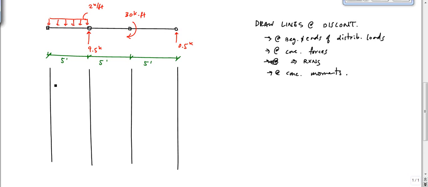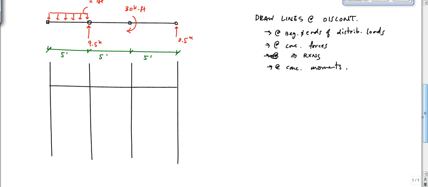And so then this will be my shear diagram right here. And I don't really know what that's going to look like yet, but we will proceed from there. And I will have a moment diagram line. I'm going to give myself some space and maybe go right about